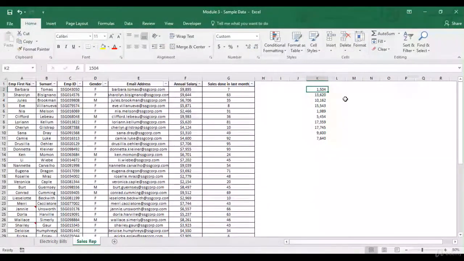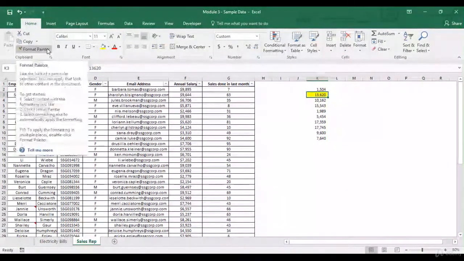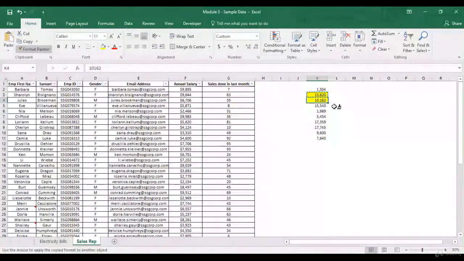So now let's take an example to help you understand the concept of conditional formatting. I've got these 10 numbers over here, and let's say I want to highlight all the cells which have a value of greater than 9,000. Now, one way is that I scroll through each and every value and keep on coloring the cells which have a greater than 9,000 value. So let's start with that. So this is greater than 9,000. Then let's just use the format painter. This is also greater than 9,000. This one, this one, this one, and this one.